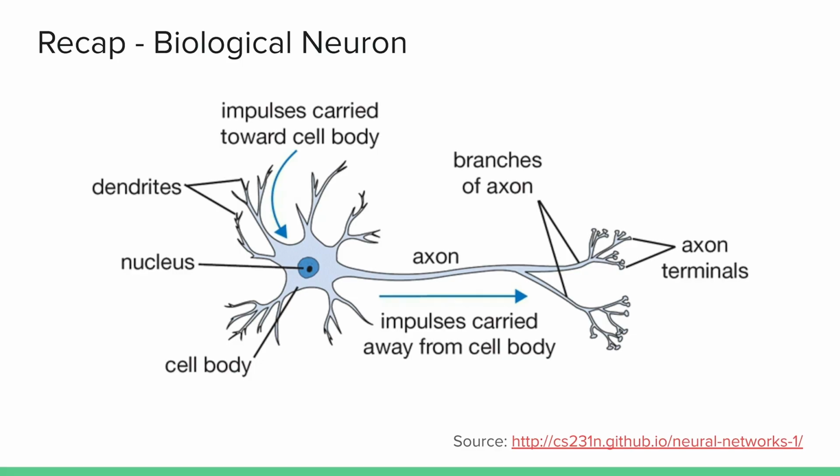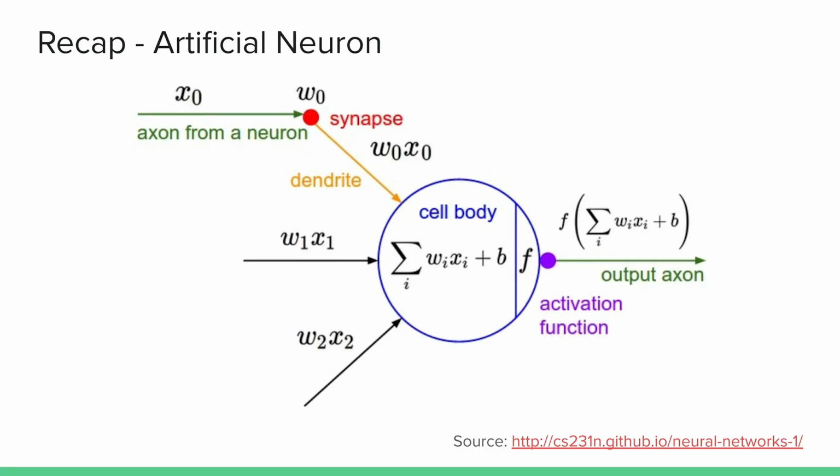We also talked about the biological neuron, which inspires the basic underlying idea that we're talking about here, which is a neural network. The biological neuron had our dendrites, which were the inputs. It computed something in a biochemical way and then produced a signal on the axon, which was forwarded to other neurons. We tried to replicate this idea with an artificial neuron, which takes some inputs as real valued numbers,